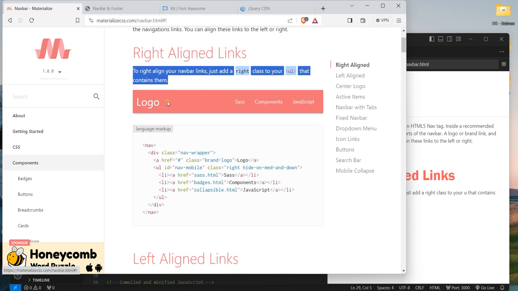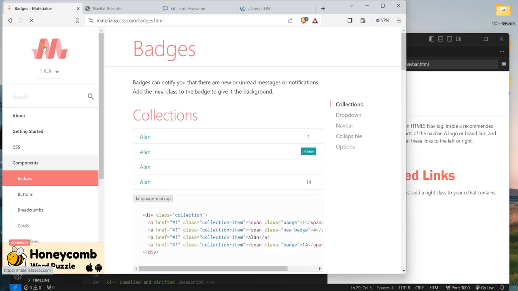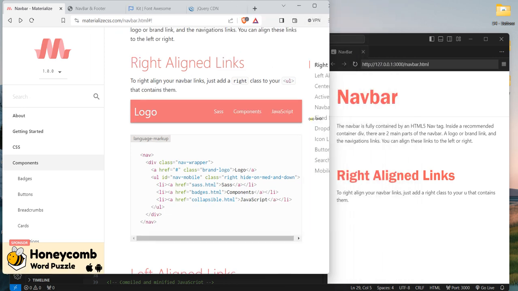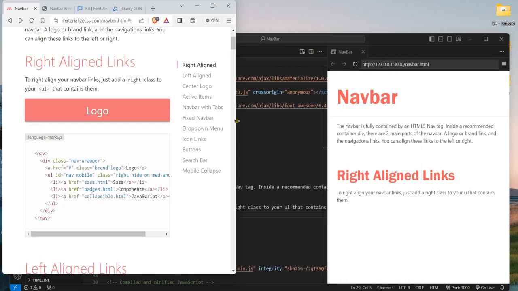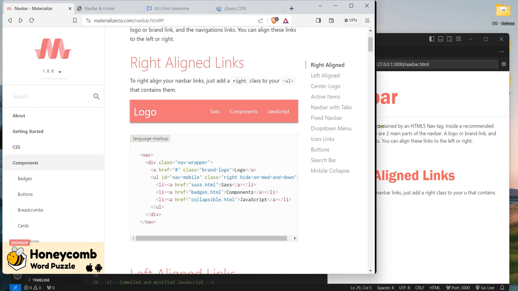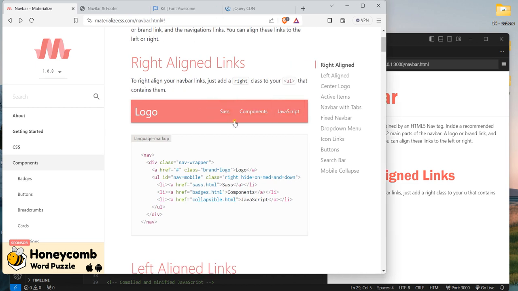Now for this one, as you can see, this is a sample of the Navbar. It's very responsive. If you try to minimize the screen, it will hide all of the navigation links here. The reason for that is there is a class of hide on med or hide on medium and down. Let's go ahead and start with